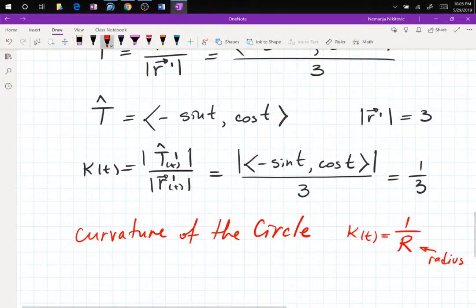Now you can obviously prove this formula by redoing this calculation. Instead of using 3, use capital R. Yes? Is there any unit to the curvature? No, it's just quantification. Yes, just quantification. Anytime you can do dimensional analysis to figure out. So length divided by length. The arc length,